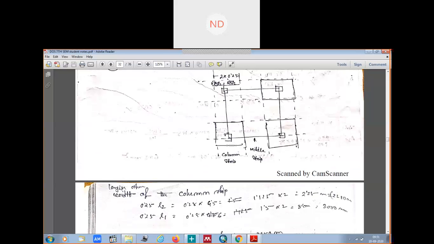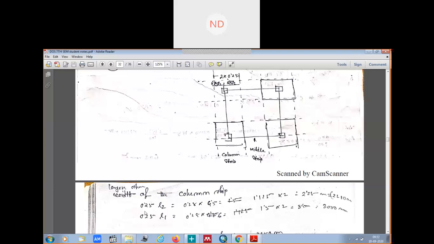So in the longer span, if we calculate along this, what happens here? I said already that when we consider the longer direction, then this is your L1 and this is your L2. The transverse one is your L2. And this is the width when you are taking your longer direction. Considering your longer direction, you are finding everything.